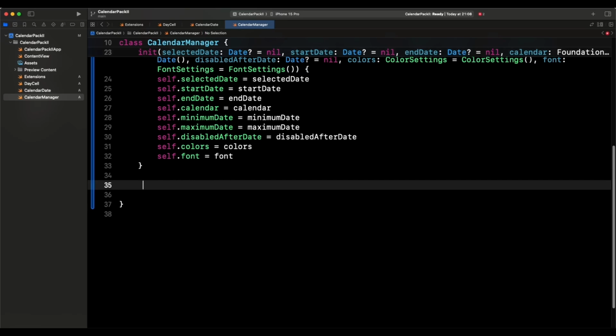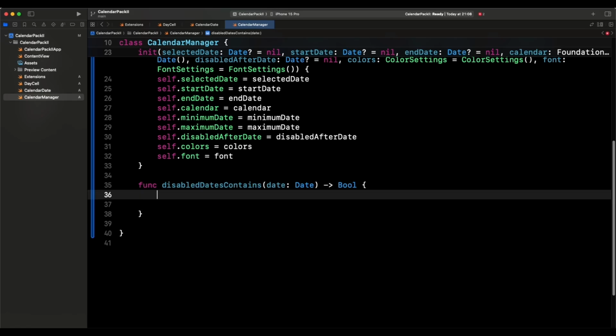And then after that, we're going to create a couple of functions. This one is going to be func, called disabled date contains, and this one is going to be passed in a date. The date is going to be of type Date, and it's going to return a boolean, right? So we have a boolean there, and we say if let